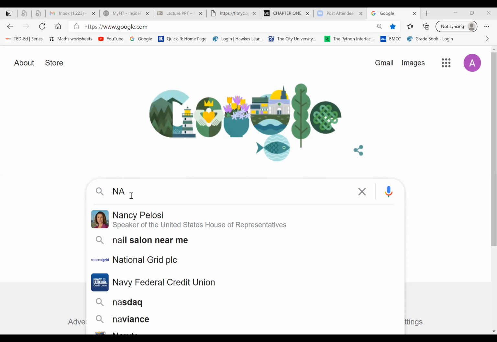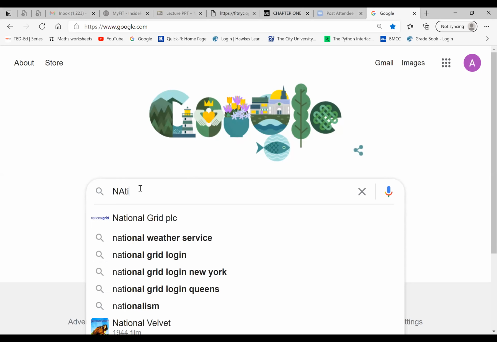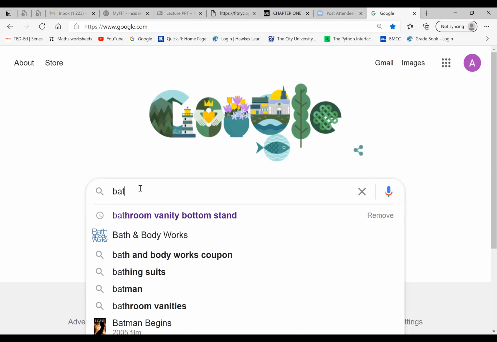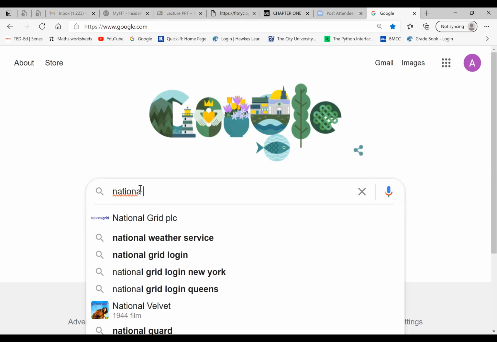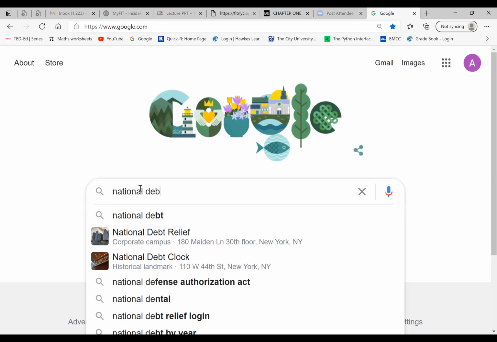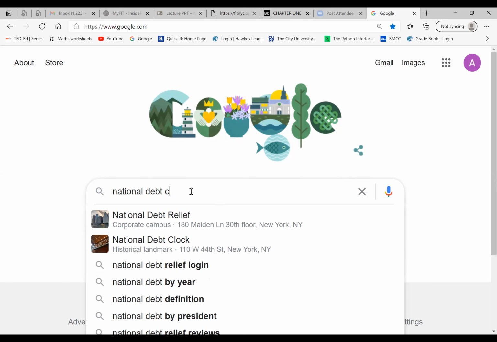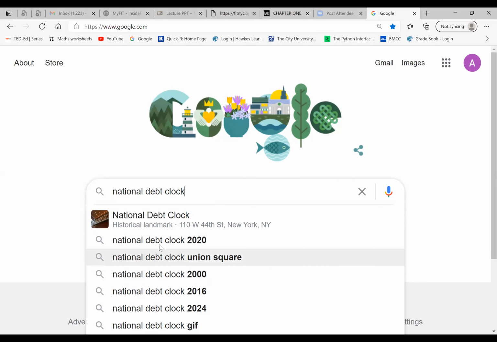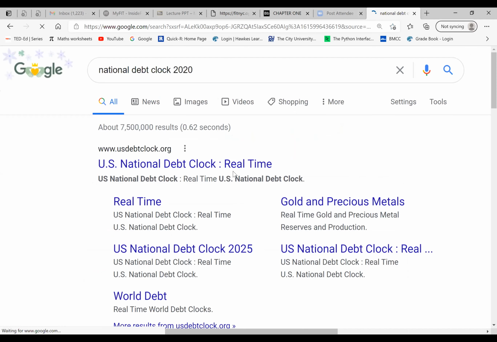You just type in national debt, and this is one of the real world examples of continuous compounding. I just want to show you the feature of continuous compounding. National debt clock, right? You can go to this organization called US Debt Clock, and if you click on it,